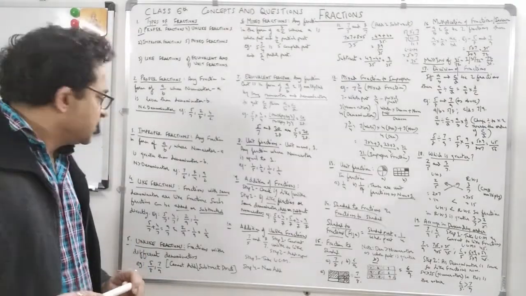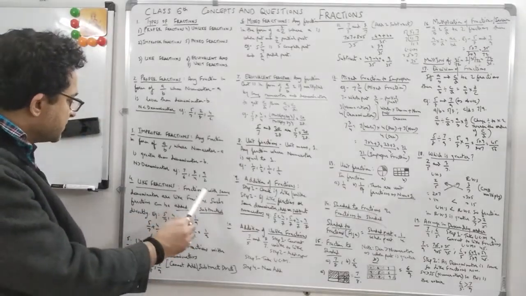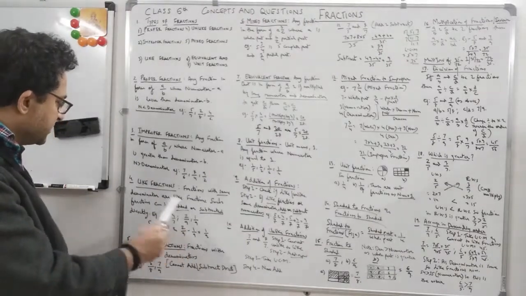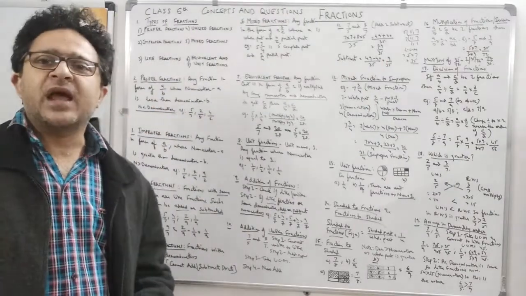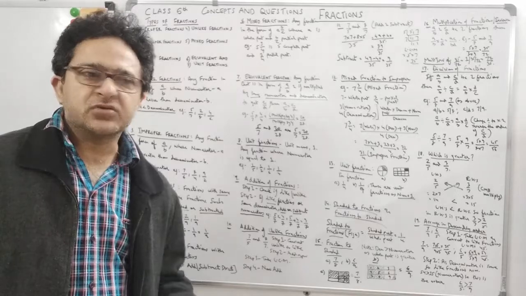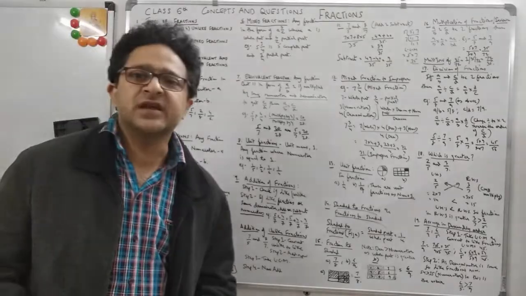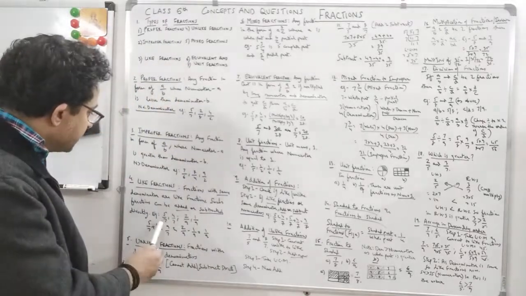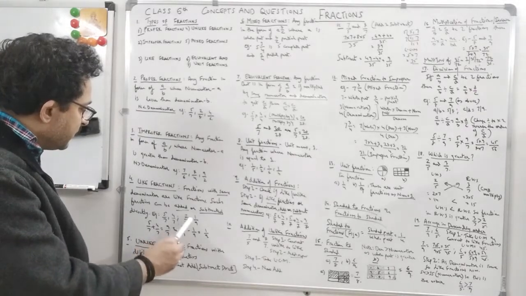Just remember this. Now we go to like fractions. Fractions with the same denominator are like fractions. Such fractions can be added or subtracted directly. So any like fractions can be added and subtracted directly. I'll tell you through some questions here. Like fractions are the fractions which have the same denominator. Let's see some examples: 5 by 7, 4 by 7. These are two fractions, 2 by 9 and 1 by 9.